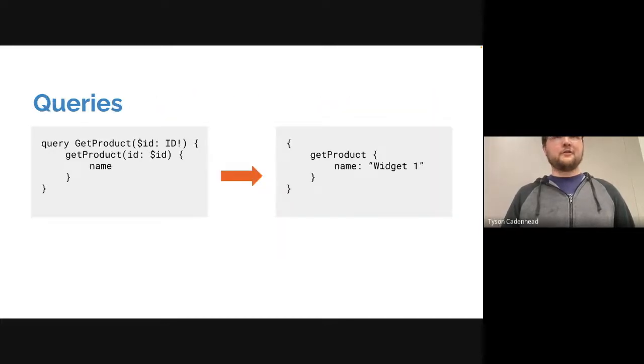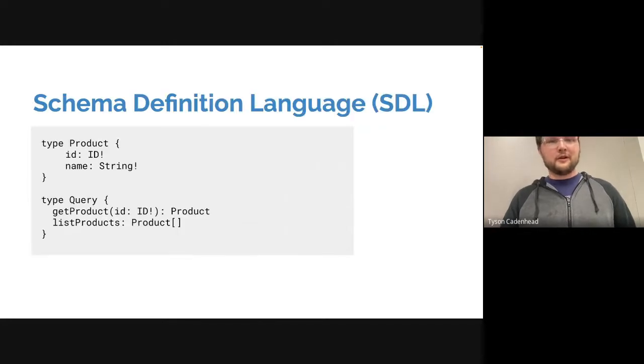And so there's basically 3 types of operations you can do in GraphQL. You can do queries, and mutations, which are like if you have a REST API, you would do a post, put, or delete. It's kind of the same thing. You just have one thing called a mutation that does any kind of change. And then you also have subscriptions, which are basically real-time, like WebSocket, MQTT kind of stuff.